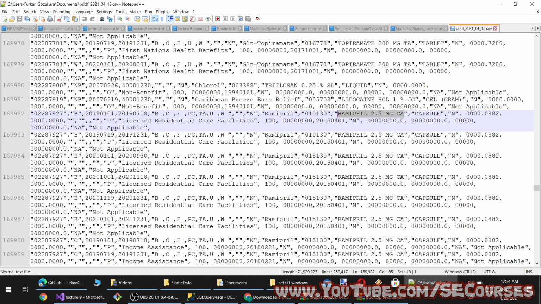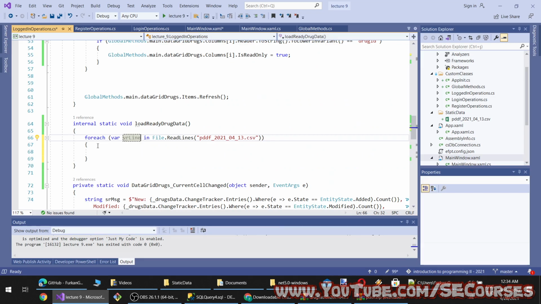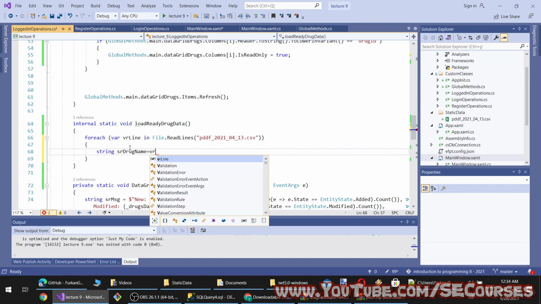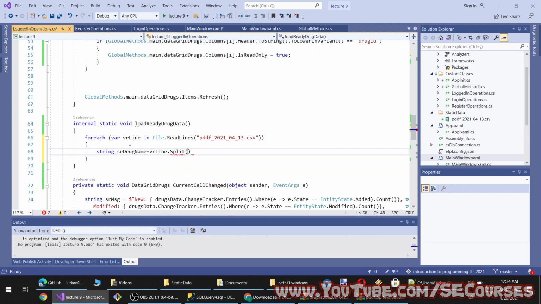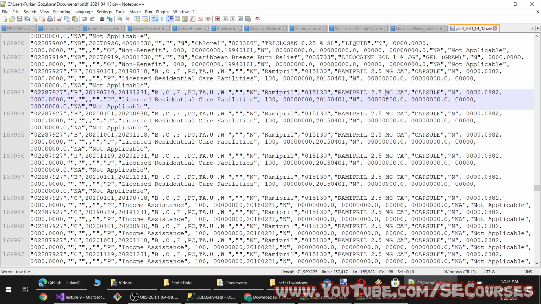Okay, so what is the format? 1 2 3 4 5 6 7 8 9 10. Okay, the 10th item is the drug name, and that's all I need. So name equal to var line.Split and the 10th item, and then I am going to get its milligram.